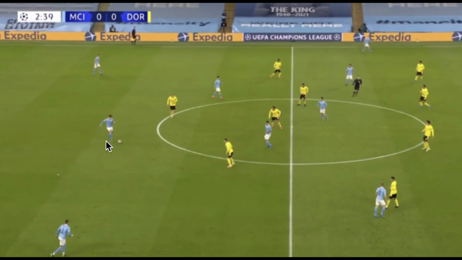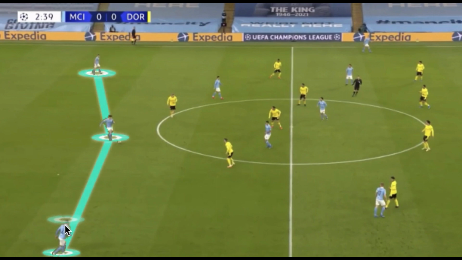So now we have the second build-up structure that Manchester City used, which was an asymmetric back three with Kyle Walker coming deeper, and he typically always came deeper in the first half to collect the ball because it created a better field of vision for him to then see his forward passing options and to take his momentum towards the attacking players. But from here we had the staggering between the two players, and Rodri held his position, so Cancelo staggered himself between two central defenders, and Rodri held his position to then free up the half space for